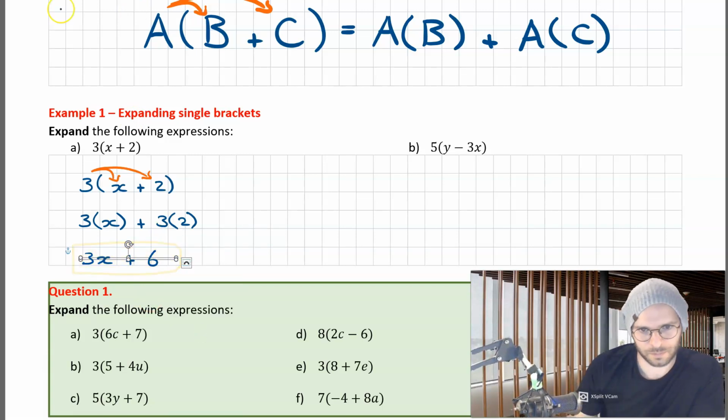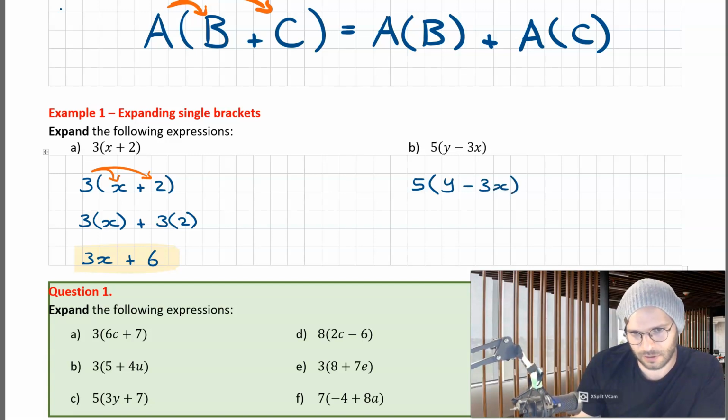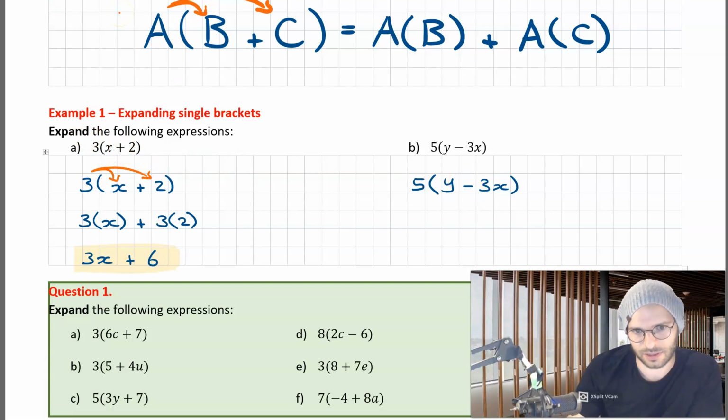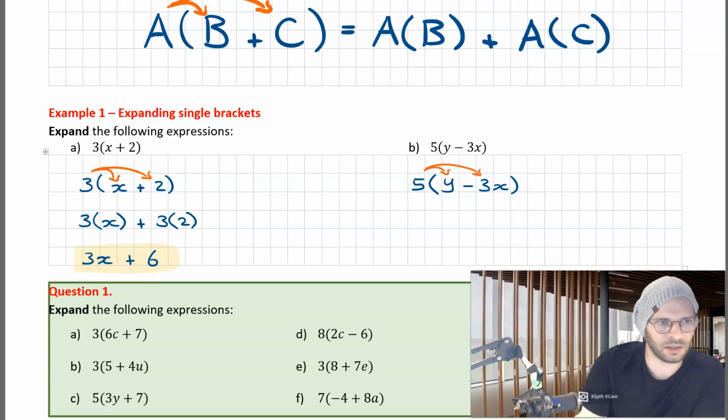Next example, we have 5 multiplied with the expression y take 3x. Now this one's a little bit different because rather than a plus that we had over here, we've now got a minus. The way in which we deal with this is exactly like we did before. We go for our outer coefficient, 5 to the inner term y, and then 5 to the second term minus